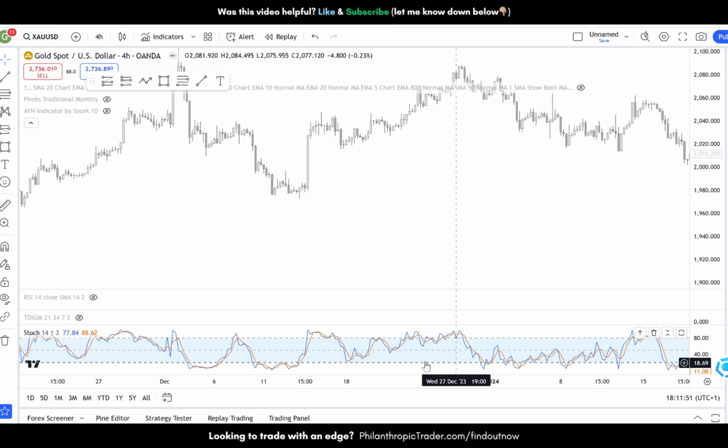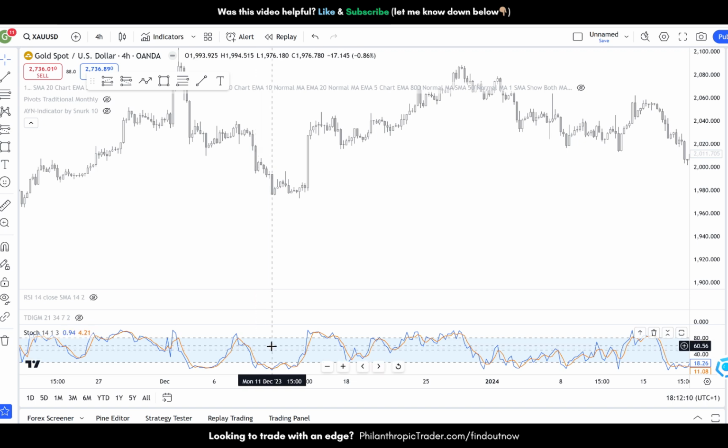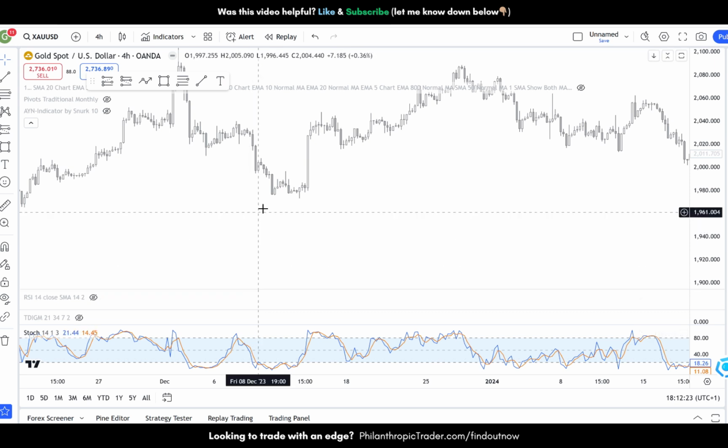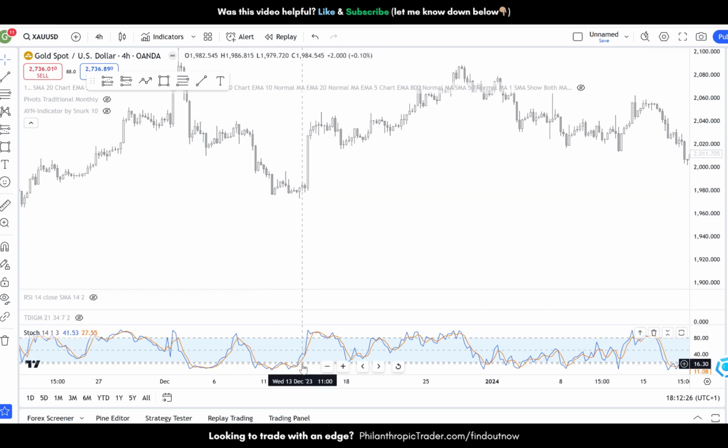But over here, for example, I see this. We have two lines, and they cross the 20 line, right? So we have the 20 and we have the 80, and in between these levels we see a blue color. So when it crosses the blue color to the downside, it's also kind of oversold. It's an oscillator as well. So probably soon price will reverse to the upside,